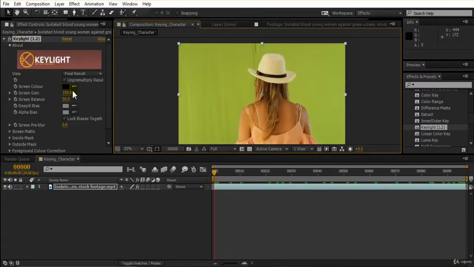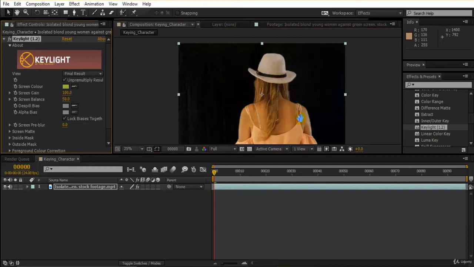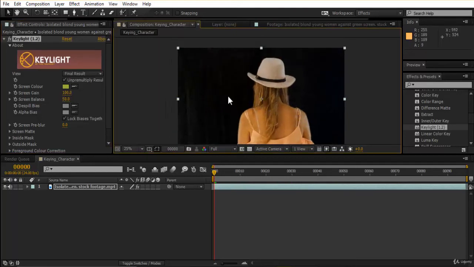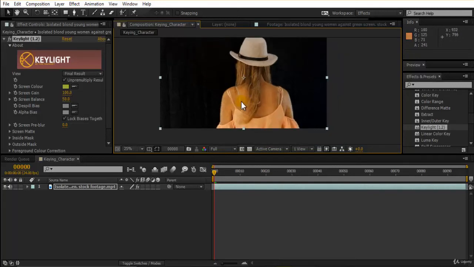So no issues, we'll be doing that. Just come here, screen color, the process you are already aware of. Just click here, so you can see that this has been totally vanished, but still I guess there is around 70% of removal of your background, but the 30% needs to be worked upon.